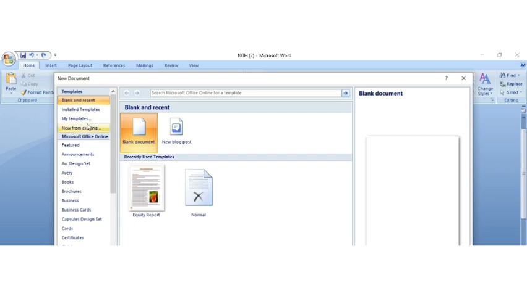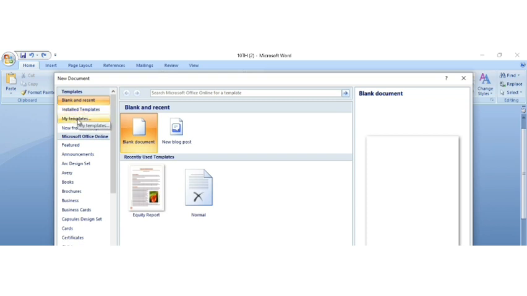So I am using offline templates. Here there are four options. First is Blank and Recent. That means you will get a blank template, or some templates you have already created will come under Recent templates. Next is Installed Templates. How many templates you have in your computer, you will find here.